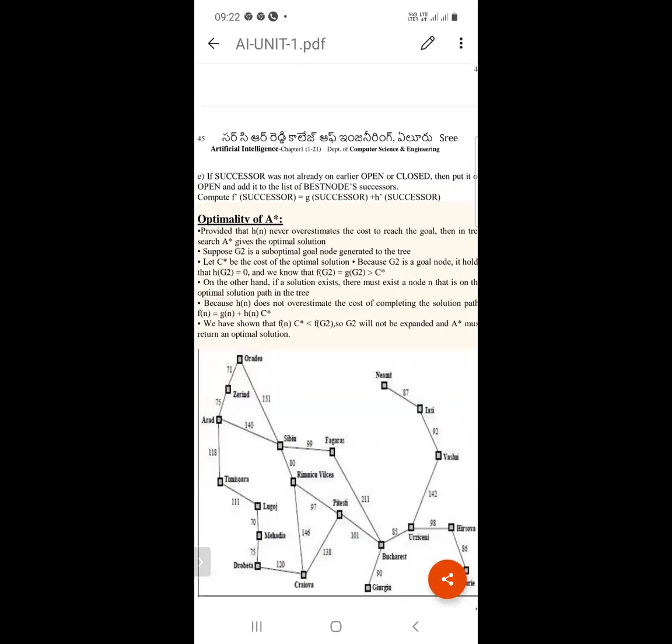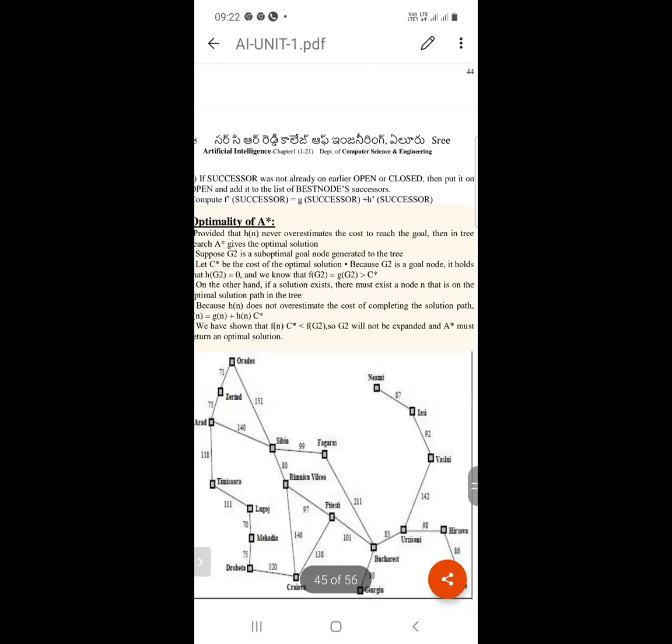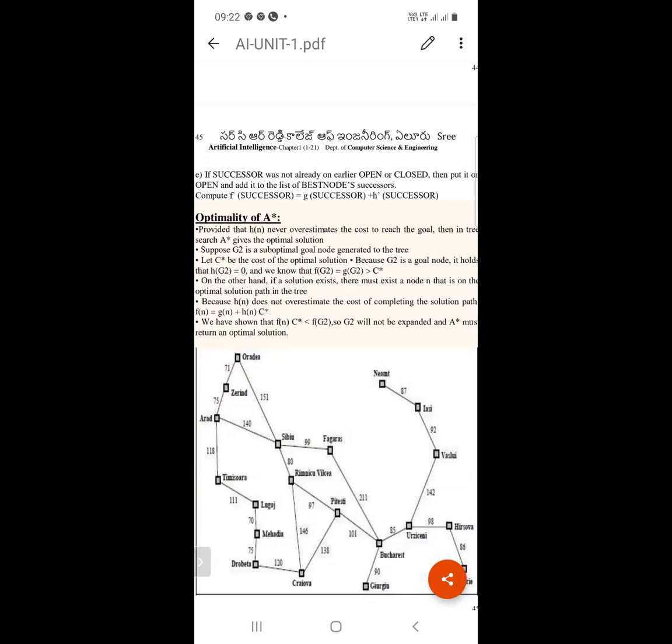Then in tree search, A star gives the optimal solution. Very, very important point: A star gives the optimal solution.